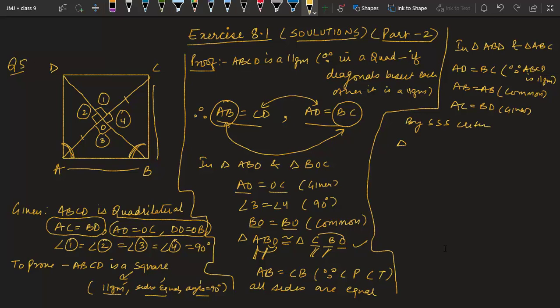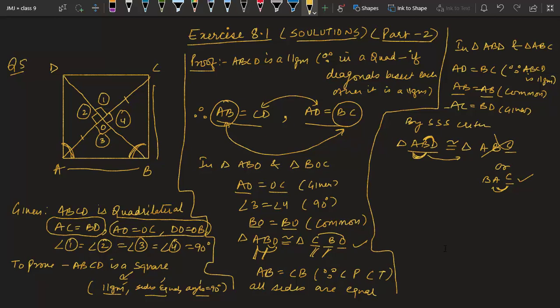Now comes the main part of naming the triangles. ABD is congruent to. Now first name you can write in any way, but second name should be corresponding to the first name. So let's observe, AB and AB are coming together. AB is first and second, so AB and third place, or BA and third place. So third place in this case is C, I guess, yes. So let us take one more property and check. AC should come equal to BD. BD is second and third, AC is second and third here. So this is the correct name and this is the wrong one. So we have got the name.